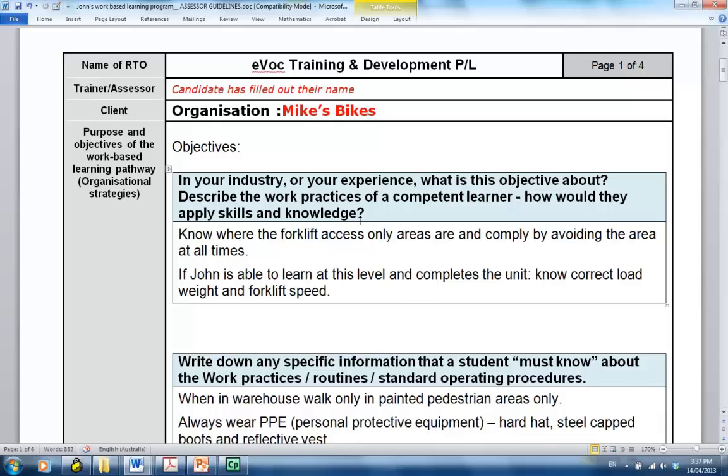So this is a prompt that the person from the registered training organisation would actually be prompted to ask the client. So in your industry, what is your main objective? What's your objective for John? So can you describe the work practices of a competent employee to meet this objective? So he'd sit back and he'd say, well, look, most of our staff, they know where the forklift access only areas are, and they always comply with our safety rules. He might say,